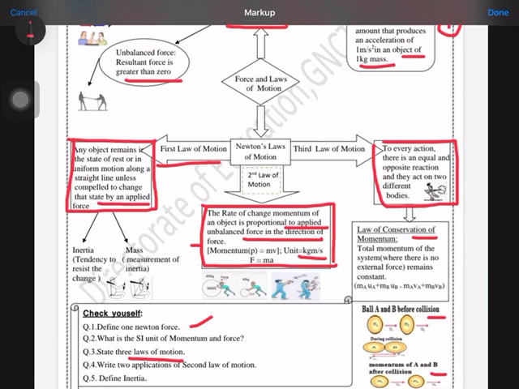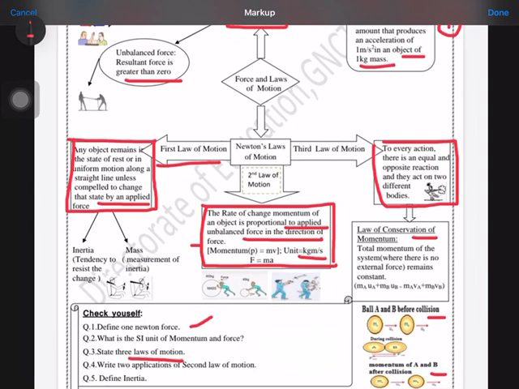When we say application of second law of motion, first one is a boy is pushing a circle of 400 kg mass, and the force you can see he is not able to push, and second is he is able to push. So when the unbalanced force is higher, you are able to push the circle, as it is given in the second law. Second example, you can take a bowler catching the ball moves his hand backwards to reduce the force applied on the hand. So this is how the two applications can be written.